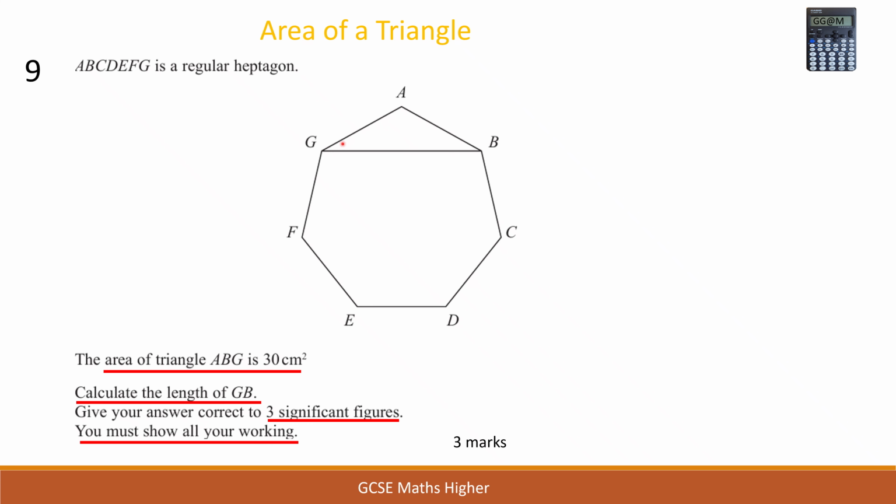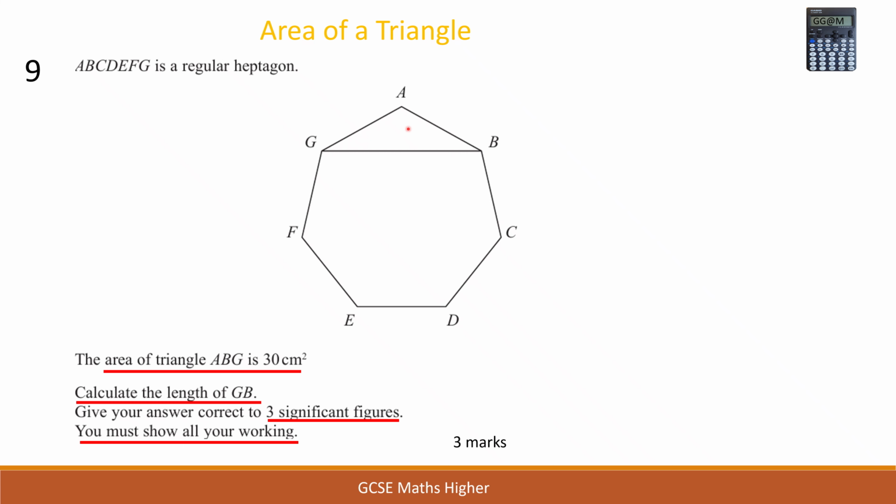So remember, you've got a formula for the area of a triangle, which is normally half the base times the height, but we don't have any angles or any information in here, or we don't know what this height is or anything, so that formula is not very good. So the easier formula to use is the formula half AB sine C, where this side and this side are exactly the same, and the angle in between them we can work out because this is a regular heptagon,